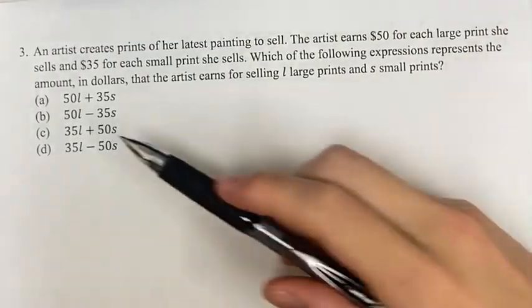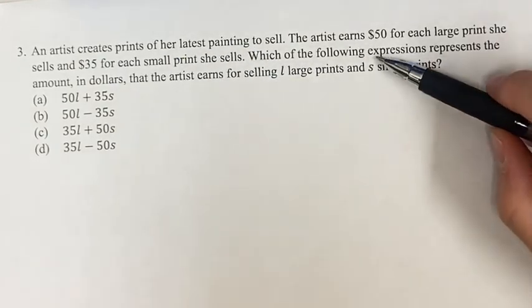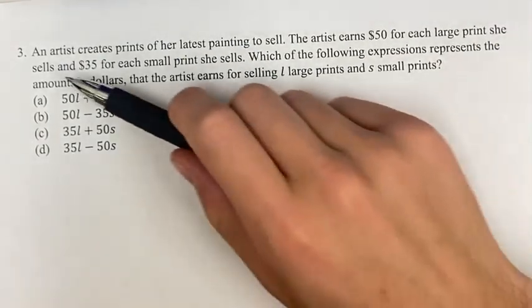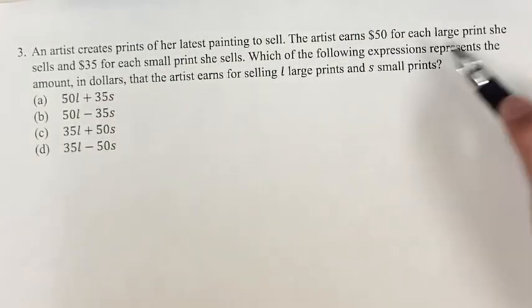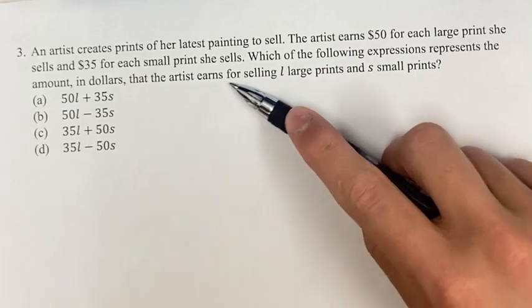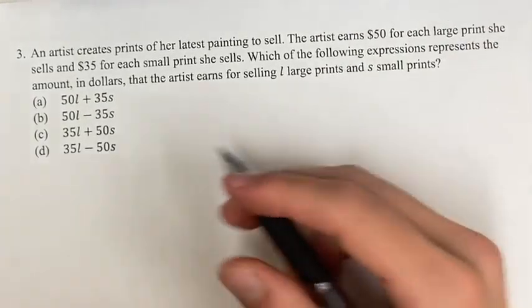In this problem, we're told an artist creates prints of her latest painting to sell. The artist earns $50 for each large print she sells and $35 for each small print she sells. We're asked which of the following expressions represents the amount in dollars that she earns for selling L large prints and S small prints. So we're looking for the total earnings,